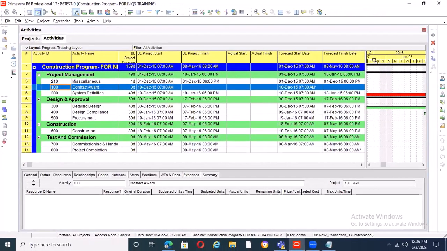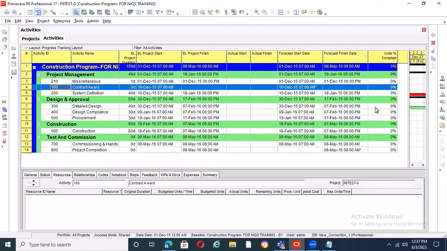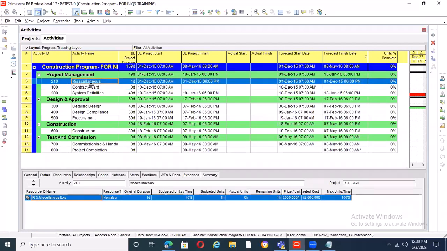So what do we do? So you have your actual start, so this is your competence as a planner, to create the voice for your ability as a professional reviewer of the schedule and be able to advise what should be done on the schedule. And how do you do this? So this is where that happens, in your monitoring and control. Now this is an activity. Let's say this activity,